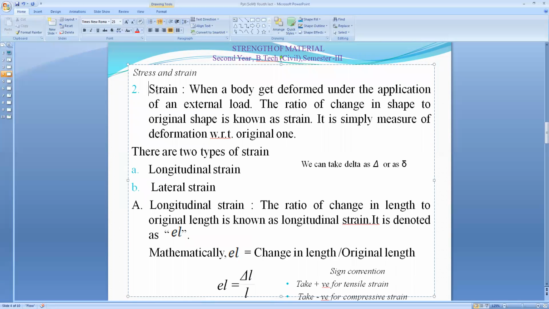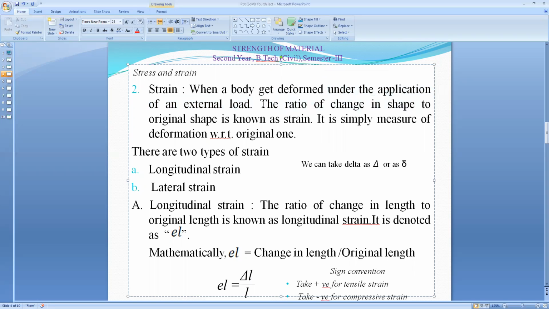The second concept is known as the strain. When a body is deformed, that is, when a body is subjected to the application of an external agency, which changes its shape and size. So change in shape and size, let us consider in this concept. Let us see the concept as well as the definition of the strain. When a body gets deformed, deform means changing shape and size under the application of an external load,